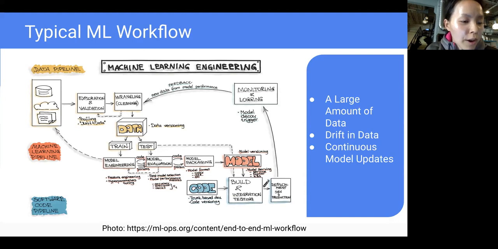And we start from the data pipeline. So how does the data get validated, and what kind of data wrangling, like cleaning, is being done? And then once you have the right data, whether it's from data warehouses or databases or anything, you want to split it into train and test sets. You want to make sure that you have the test set, meaning a type of data that doesn't go into model training, so that you can predict how well your model is doing.